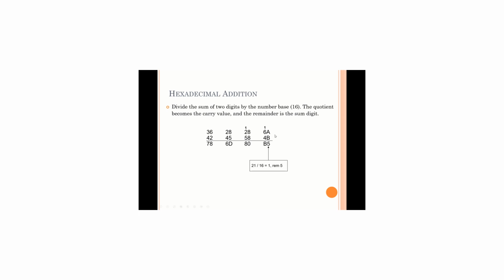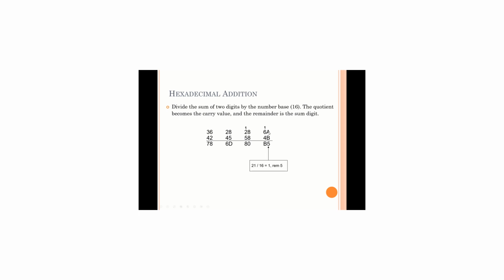Let's say we're adding this hexadecimal number with this number, and you work from the right. I think this example here is adding four pairs of hexadecimal numbers. So what you do here,